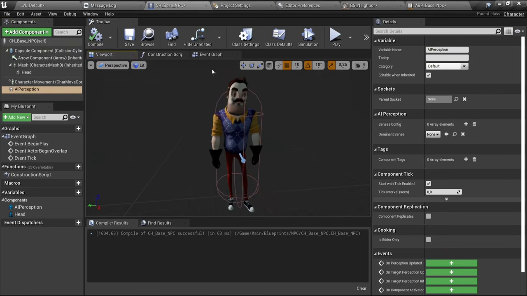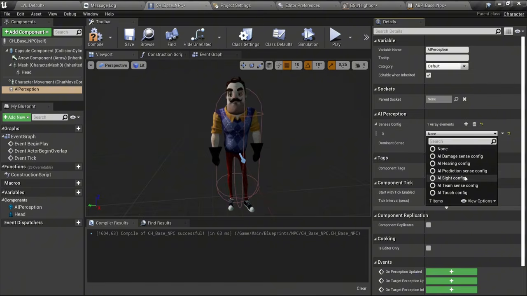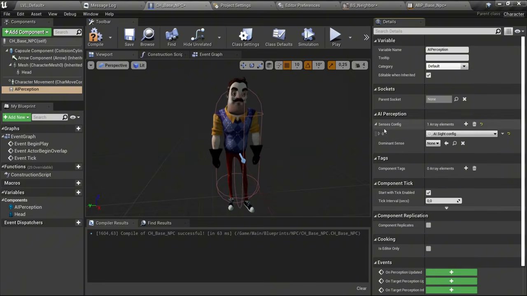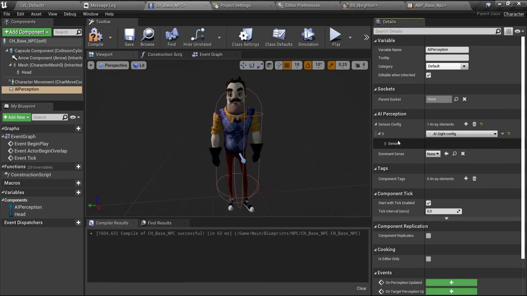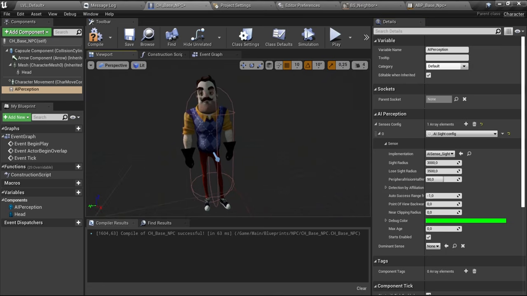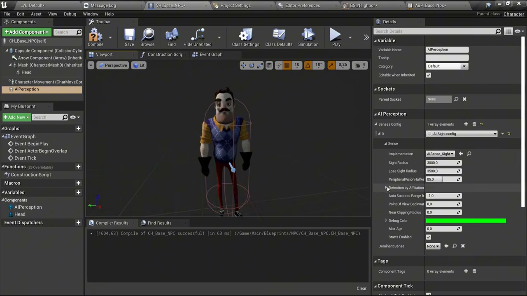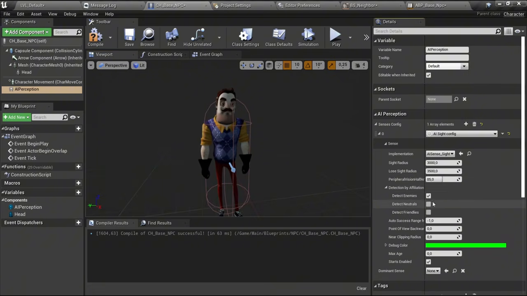And you're gonna want to go to Sensors config, click a plus sign, and then on this drop down set it to the site config. Then click this drop down here and this one, and then you'll see all the settings. So the first thing you'll want to do is set the peripheral version to be 85, since that just works a little better in gameplay. And then make sure you tick that it can detect neutrals